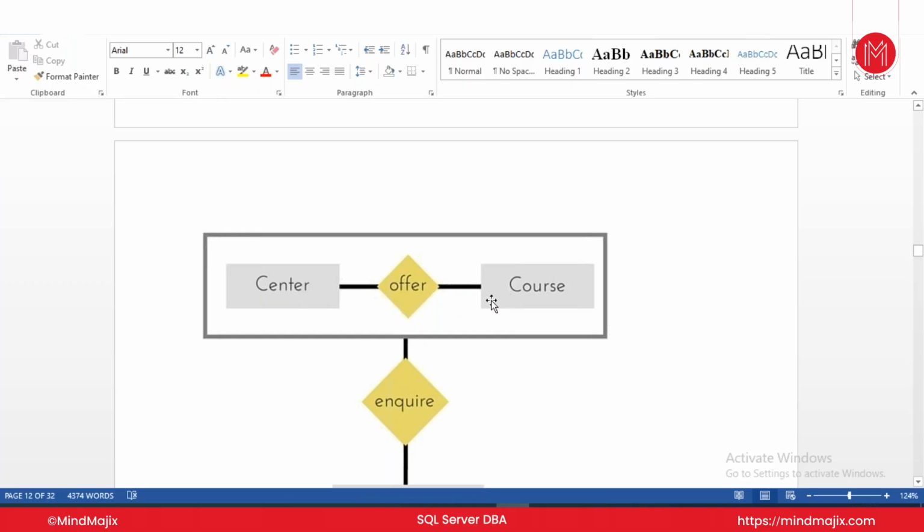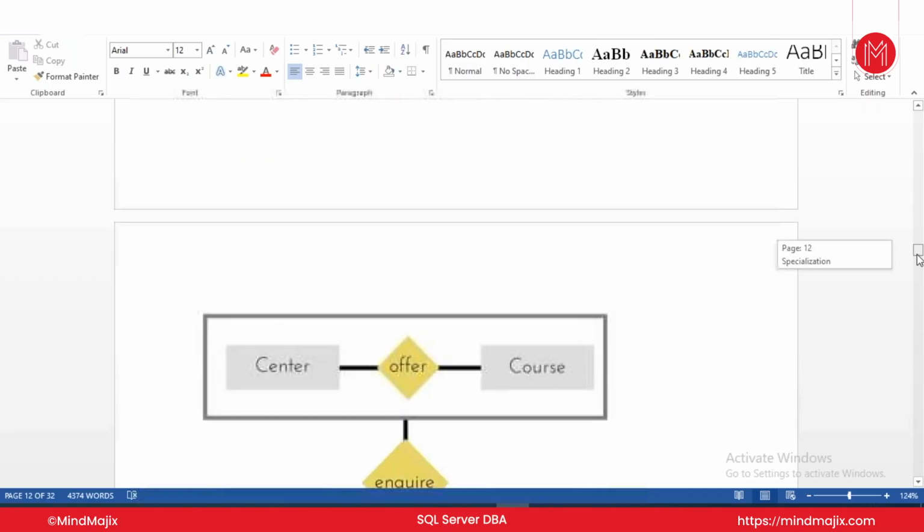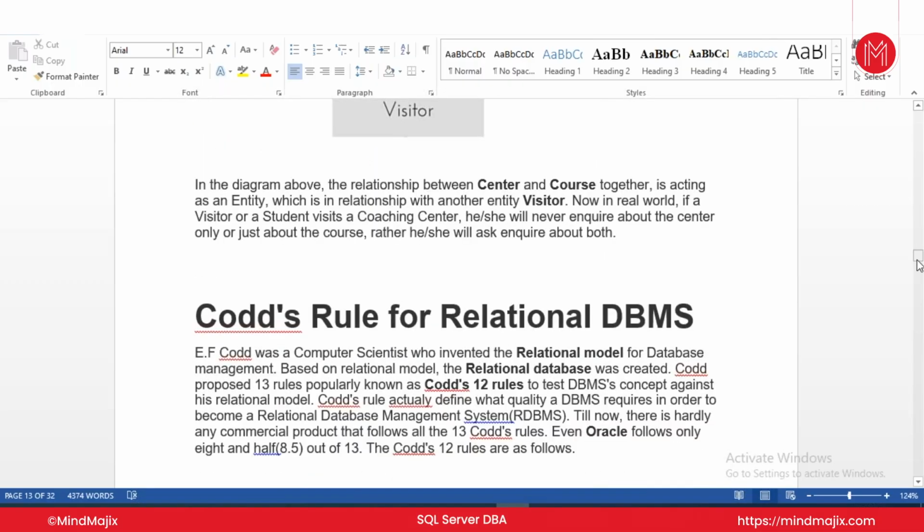So the student will not just come to get to know about the course or come to get to know about the center only. So here this combined together is an entity, and this is called aggregation. So based on this ER model, the relational database management system is modeled, and RDBMS was introduced by a computer scientist